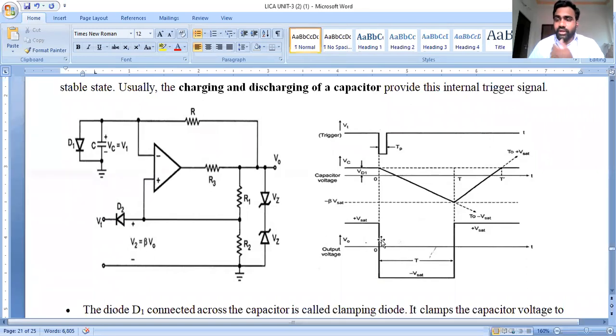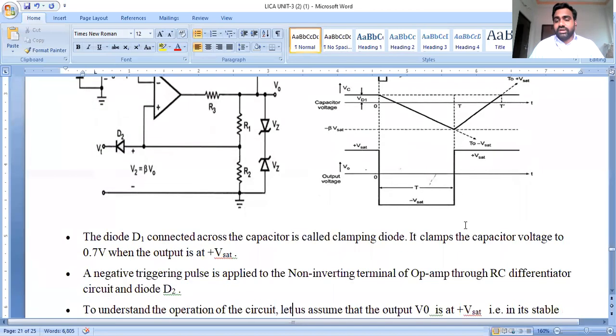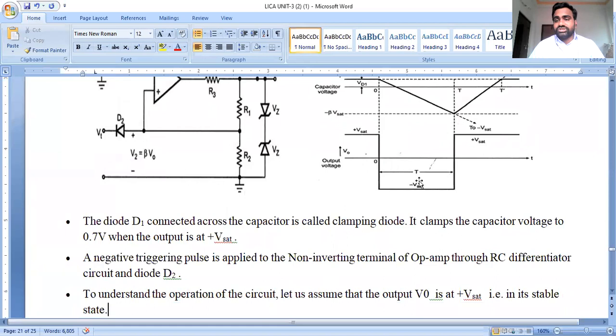That means here the multivibrator is operated in the stable condition, then in the quasi-stable condition, and again after the application of the negative shot, it reaches the stable condition. That means this multivibrator is operated in two regions: one is the stable region and another is the quasi-stable region, or temporary stable region. So this is our analysis, and next we calculated the time period for this quasi-stable region.